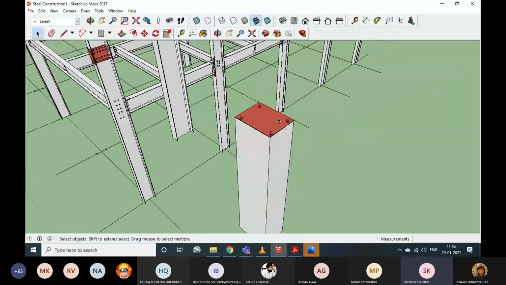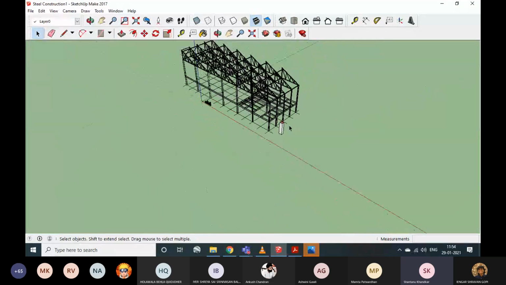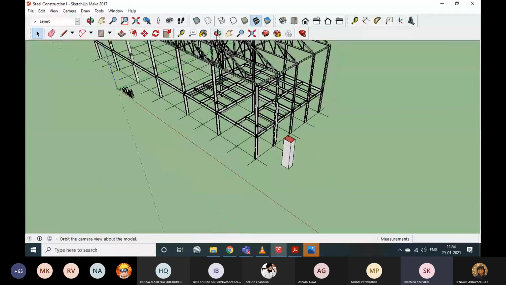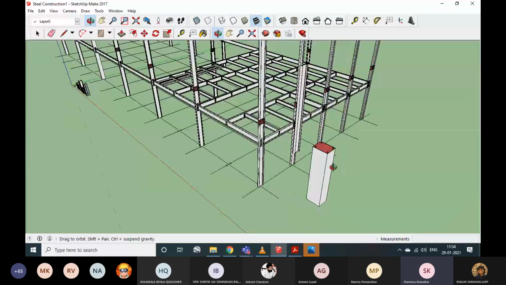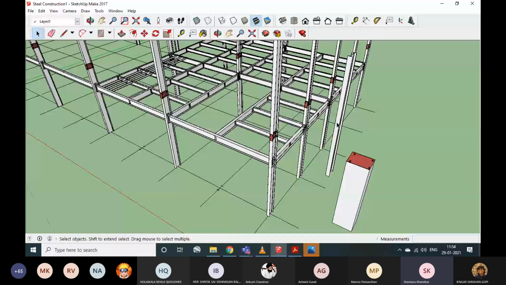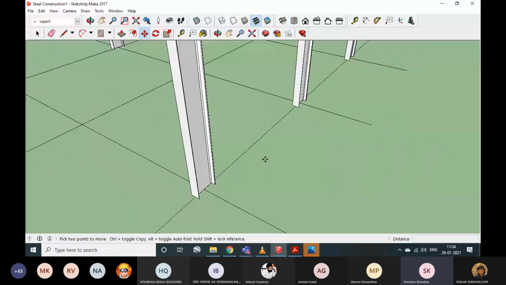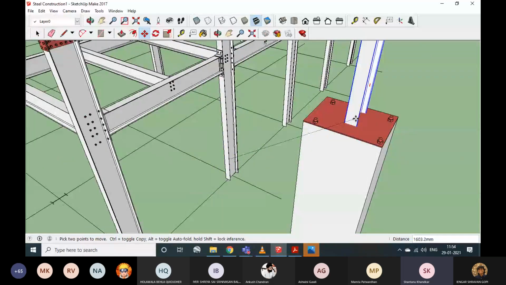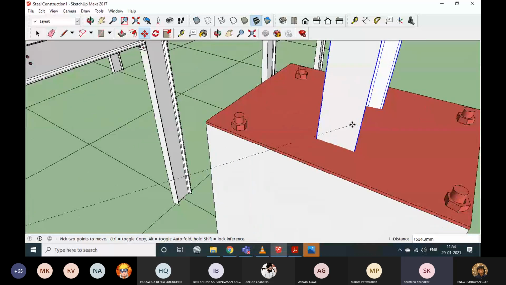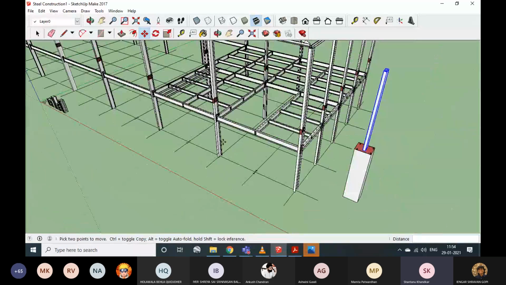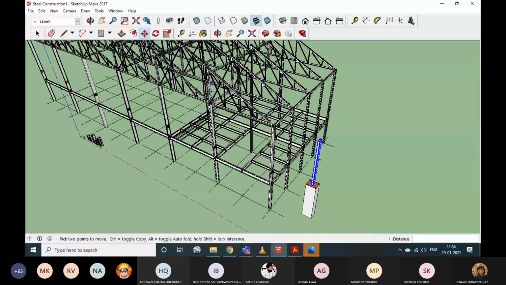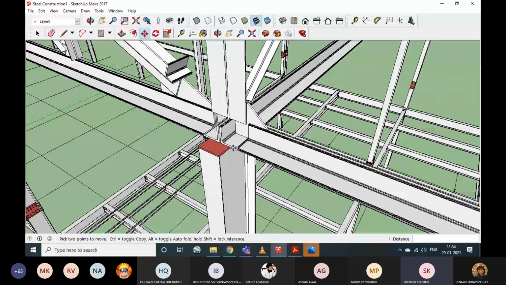And the next thing obviously would be to connect the base plate to the steel stanchion that we require. So where did the stanchion go? Yeah, there it is. I want to connect this stanchion to my base plate. So how would I do it? Again, the question is very simple. I can't just place it like this and be done with it. So I will have to add some more elements to it. What kind of elements are those? Again, like I said, they're cleats. So I would use my cleats. For example, let me borrow this one.